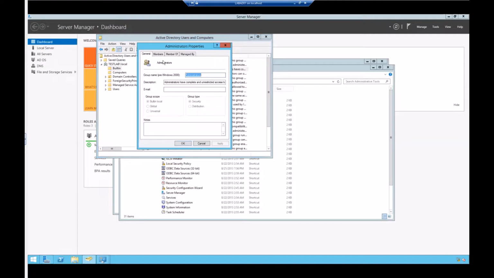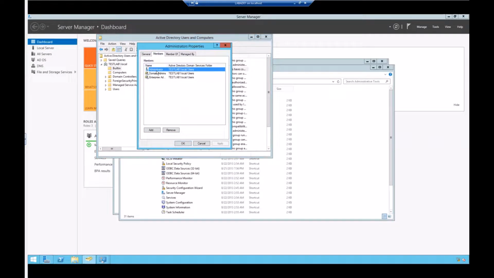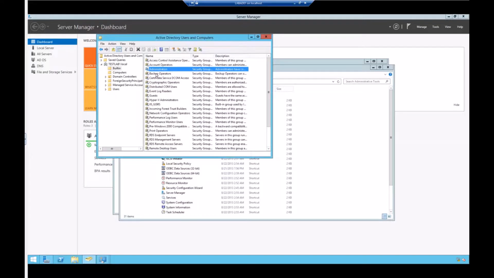So from within this group here, you can see members, and here are the default members that are part of this group. These you will not remove or anything. Member of, there's not going to be any members of. And you can also add users from within here, or on the user account, when we go through to create a user, we'll add them to the groups that way. And here's all of our